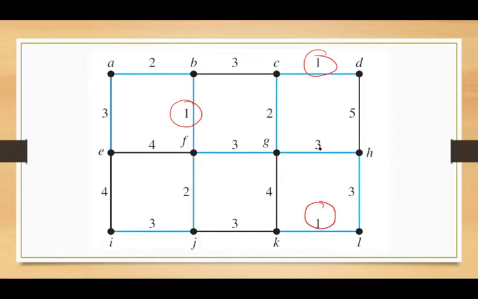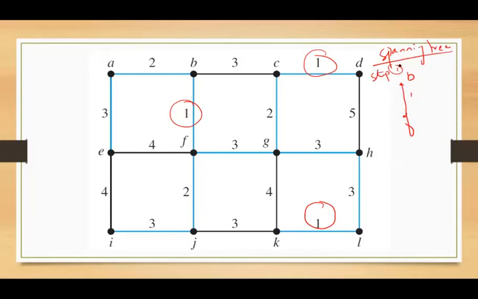First, select any edge. I am selecting the edge BF. I am drawing my spanning tree over here. BF, the weight is 1. I have created the edge. So directly I am drawing the spanning tree. You have to do it step by step in your examination. So this will be your step 1.